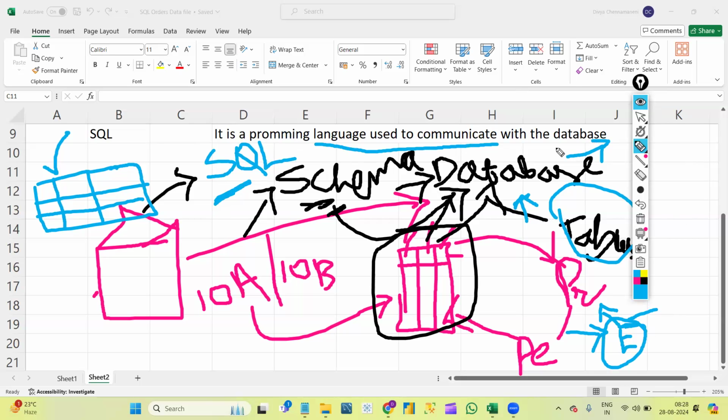By communicating, the peon understood the principal's requirement. In the same way, to convey our requirements, we need to communicate with the database, and the language we use here is SQL. That is about database and SQL.